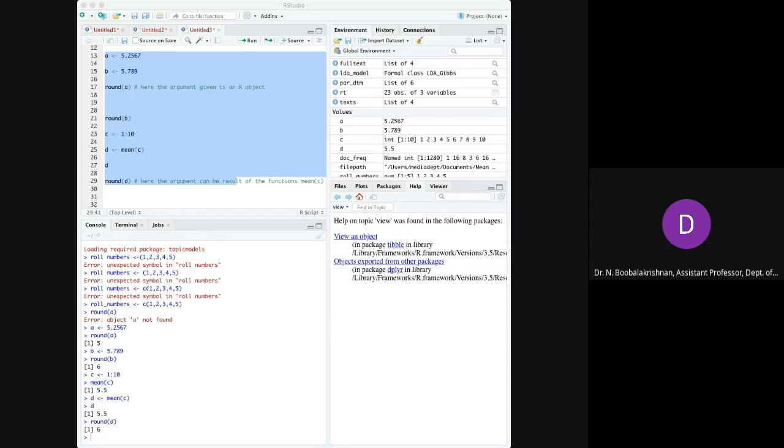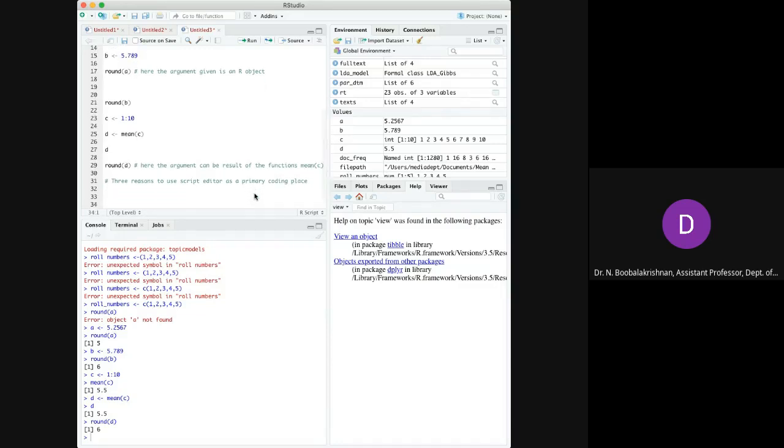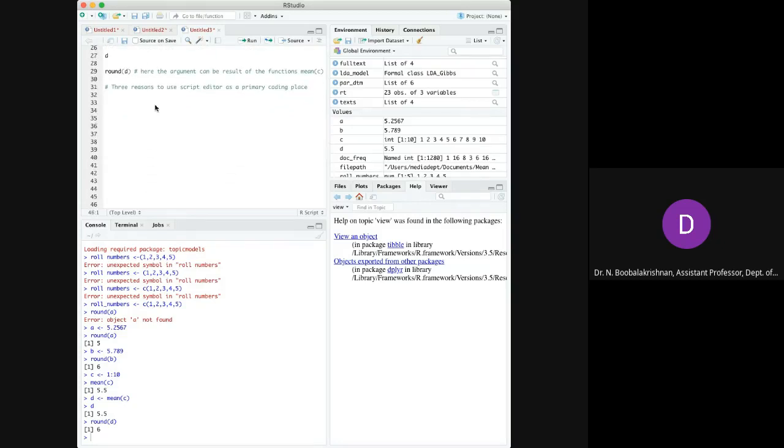Okay, there are three reasons to use the script editor as a primary coding place.